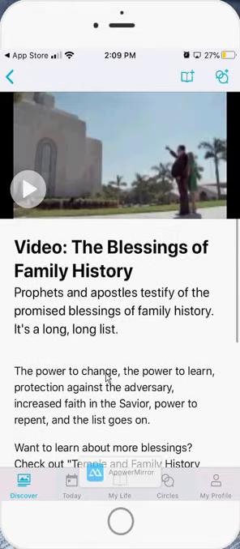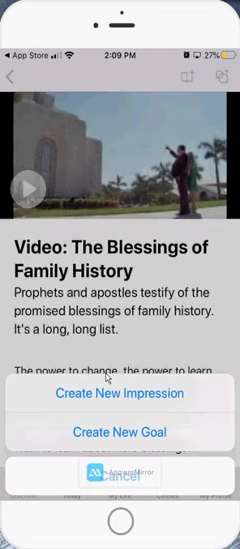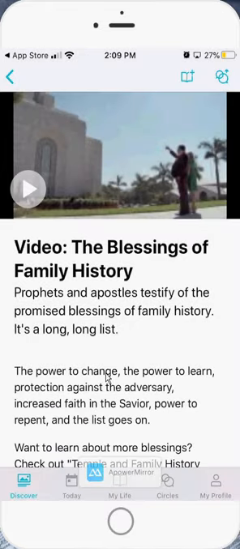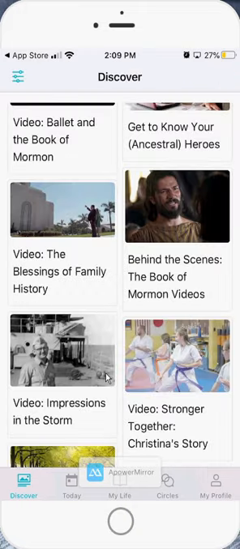And then at the top, you have some quick links that you can use. The impression and goal is going to show up on a different tab. And then you can also share these to a circle, which is the far right corner of the screen that has a little speech bubbles and the up arrow. Okay, to go back, you just click the upper left caret, that's sideways,